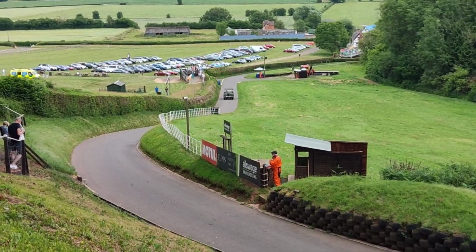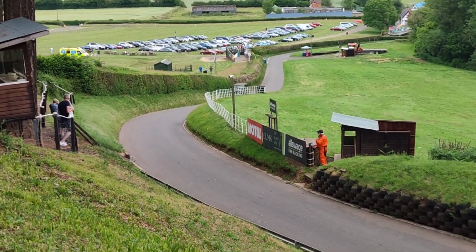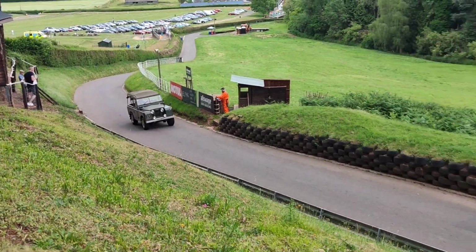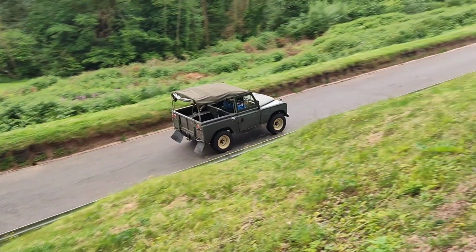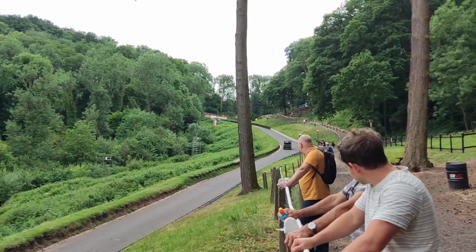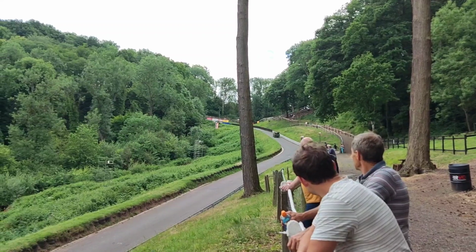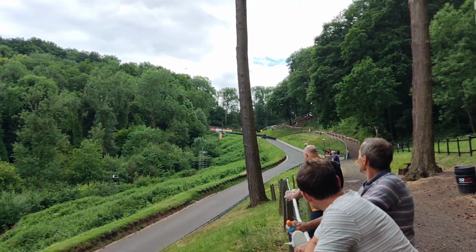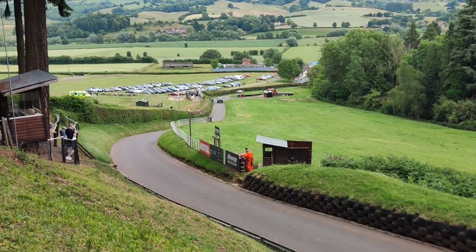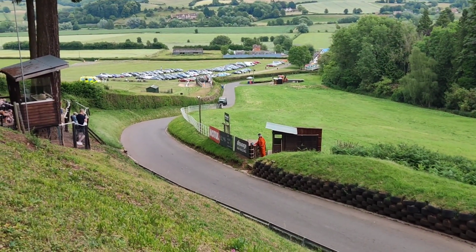So this is the all-electric Land Rover that we've seen up here before, and unbelievable turn of speed on it. All you can hear is the tyres squealing, nothing else. See, told you. Electric Land Rover, but deadly. The all-electric Land Rover. Followed now by